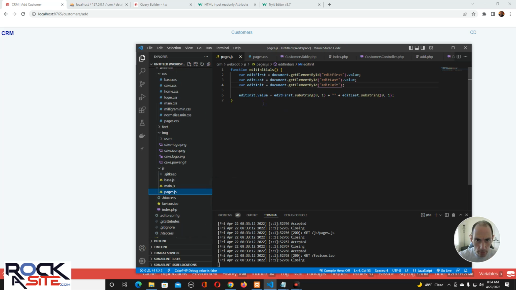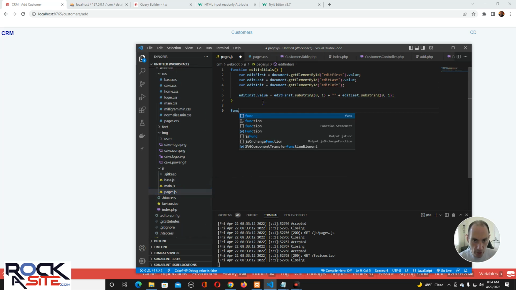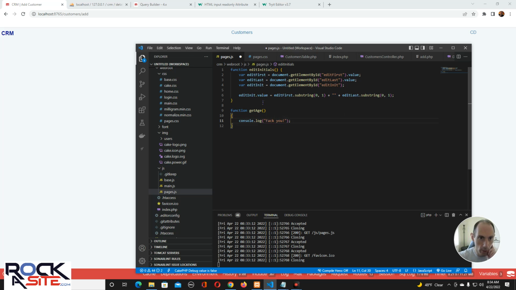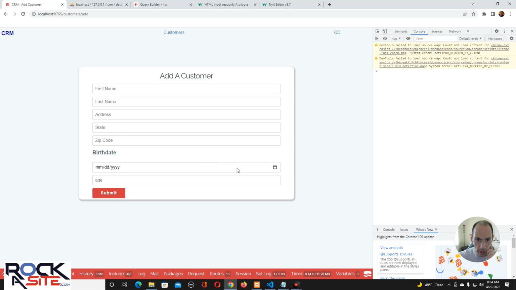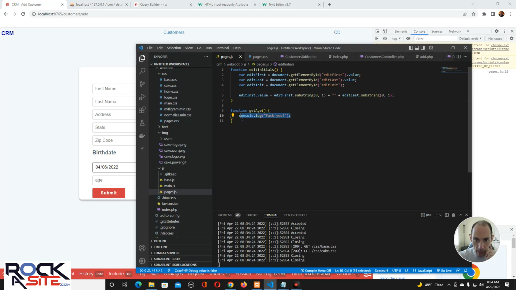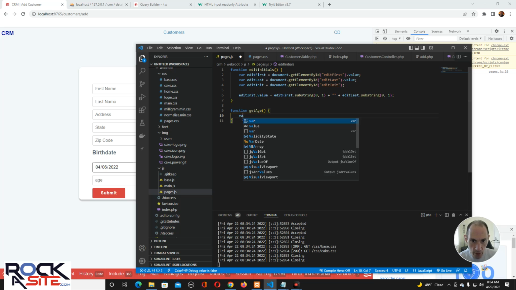and I were to go function get age, I said. If I were to go alert, no, let's go console log. Just to make sure it works. And we go like this, we open up the console log. And if I go like that and go blop, thank you. See how that works? Now, if I were to get my variables,